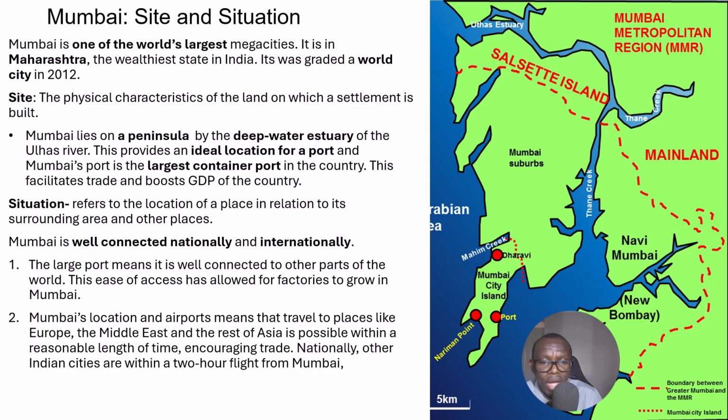Okay, so going on to the situation. So the situation refers to the location of a place in relation to its surrounding area and other places. So Mumbai is quite well connected nationally and internationally. And if we are talking about internationally, that large port that we just looked at means that it's well connected to other parts of the world. And this ease of access has allowed for factories to grow in Mumbai and for trade to be done with